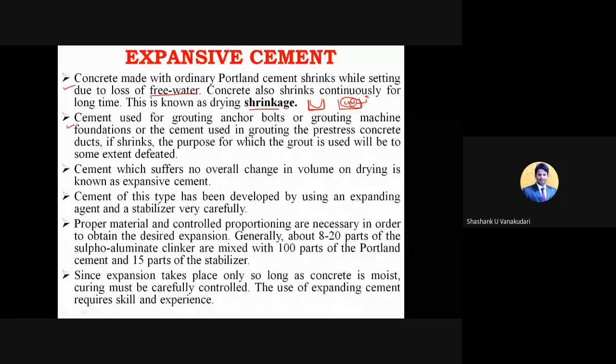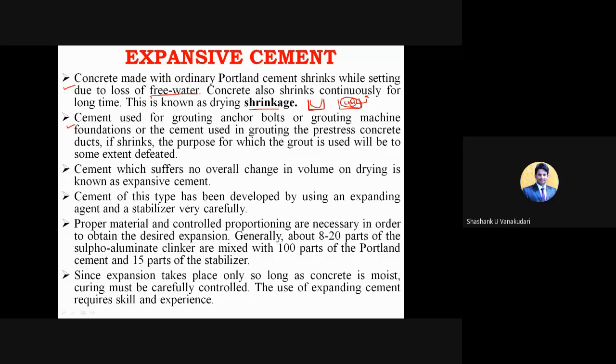While jointing, there will be certain connections. For example, after the column, you are going to place the beam, so for that certain joints will be there, for example a nut and bolt connection. Once you fit the nut and bolt connection, whatever gap is retained is filled by the grouting material. That gap which is filled by some additives, that process we call grouting. While grouting, we can use this type of expansive cement, clear?